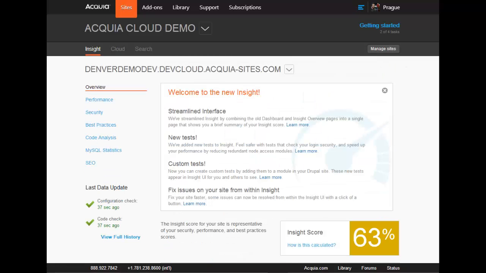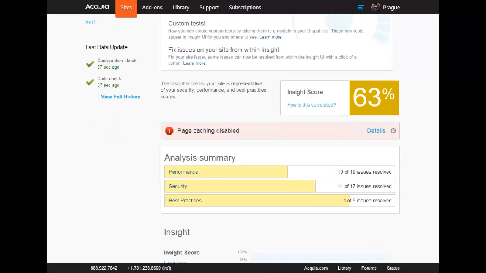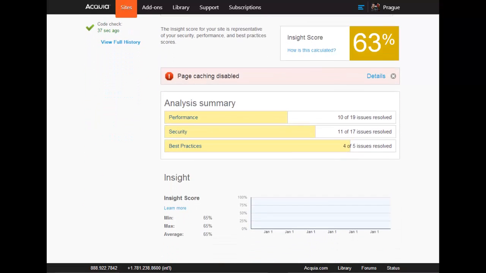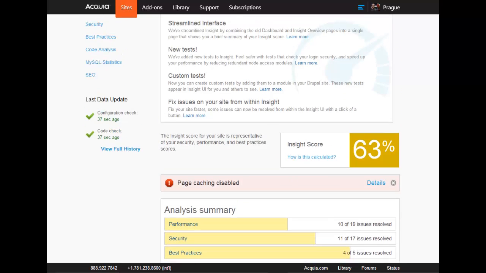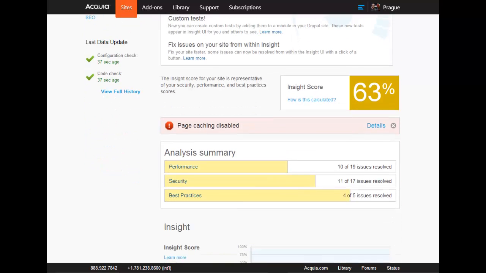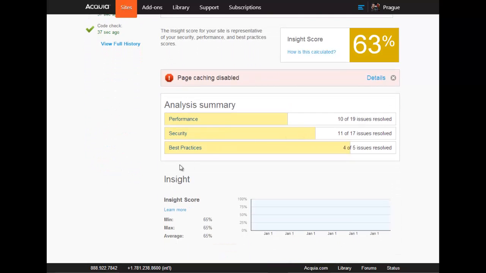So here we are. This site has a score of 63% from Acquia Insight. What that means is that in the categories of performance, security, and best practices, we've ranked enough stuff in place here that we feel this site deserves 63. Other sites might have more or fewer tests that apply to it. Different distros, different situations, different module sets will cause different tests to be run. This site isn't running a lot of modules, so we don't have a lot to say about some of its configuration. If we go to performance,